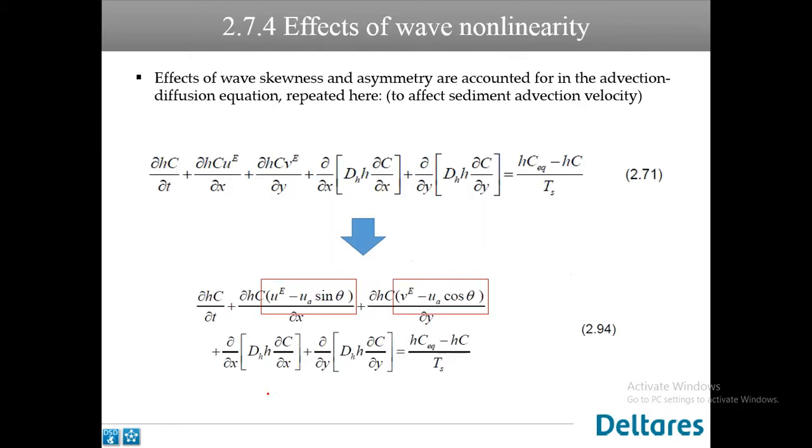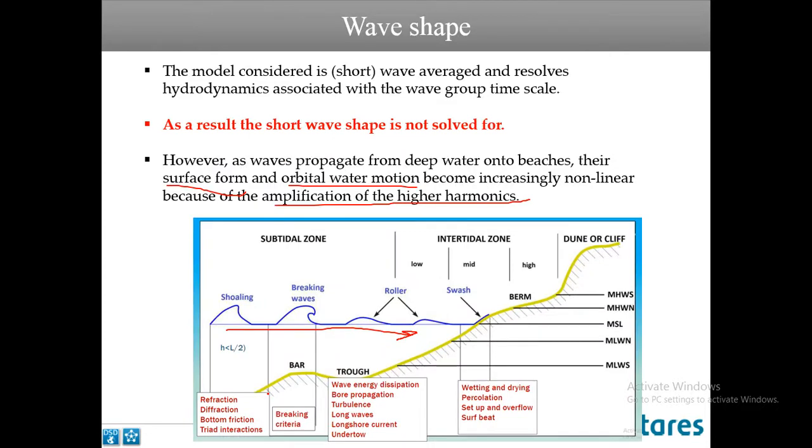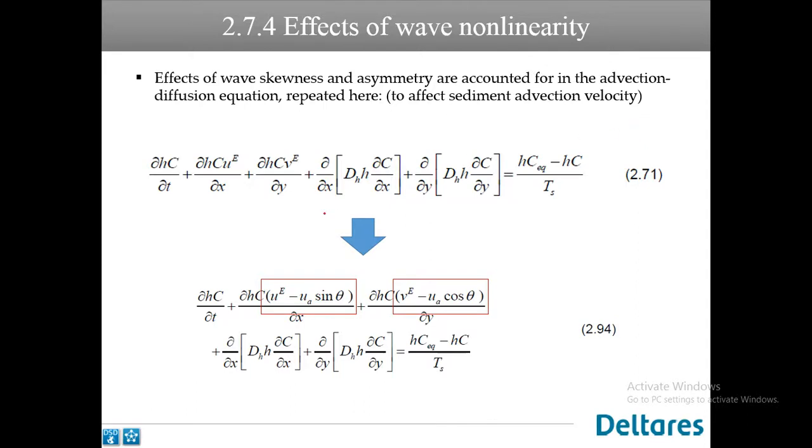Okay, so when there's non-linearity, there are the effects of non-linearity, and that is where it comes in. If you can refer in the manual, the SK and also AS are the wave skewness and wave asymmetry parameters inside the XBeach manual, which relate much to the wave shape and wave nonlinearity. Okay, the effect of wave skewness and asymmetry are accounted for in the advection-diffusion equation repeated here